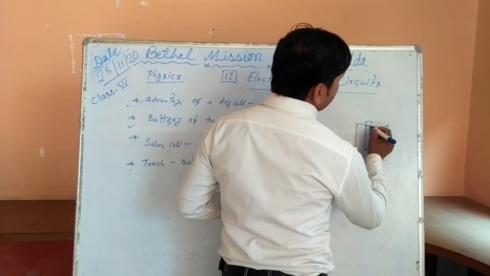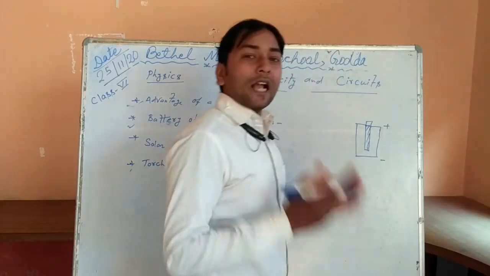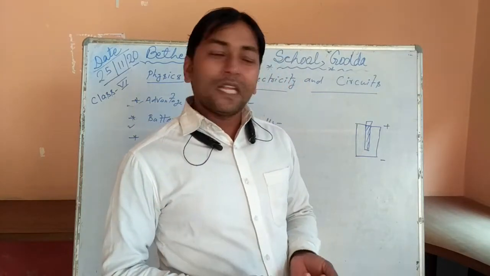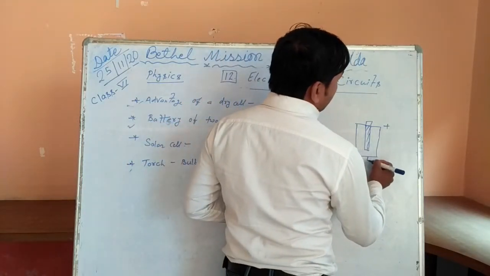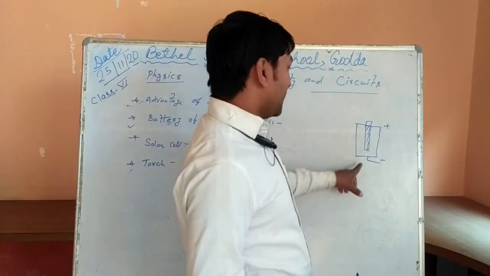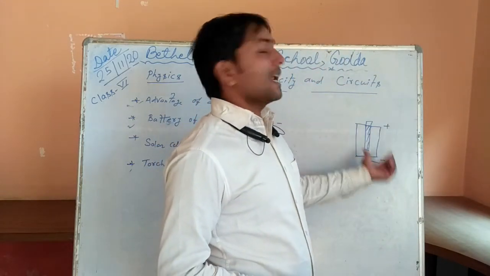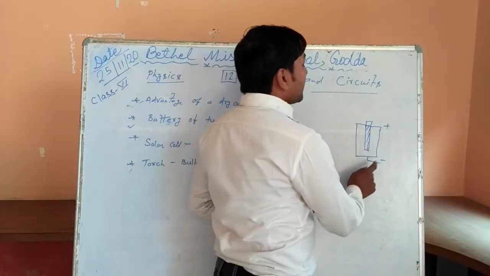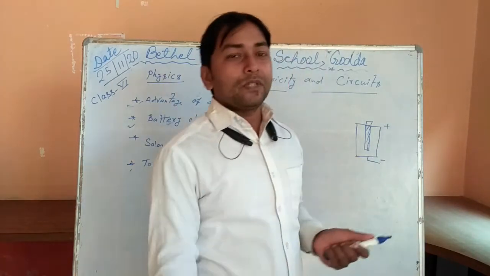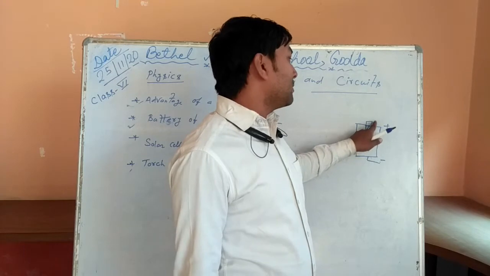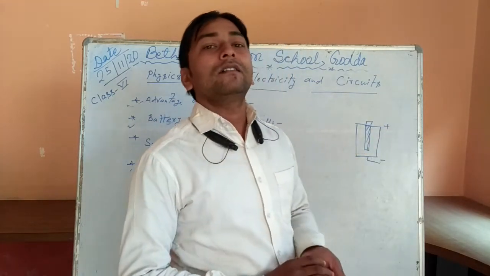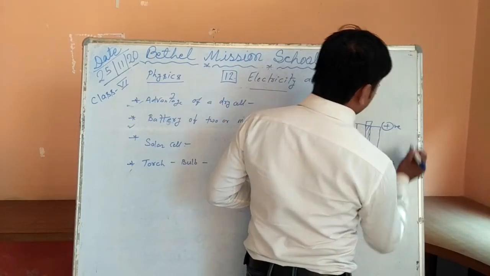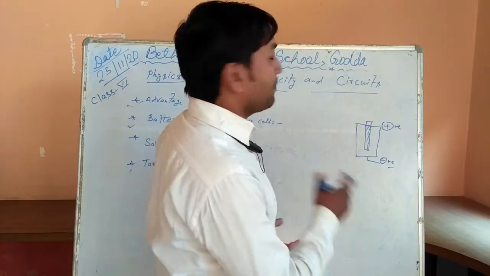What is the name of this part? This is a carbon rod. The carbon rod with brush cap acts as the positive terminal, and this part acts as the negative. The dry cell is contained in a zinc container. That's why the zinc container acts as the negative terminal, and the carbon rod with brush cap acts as the positive terminal. Now you know this already. We discussed this in the previous class.